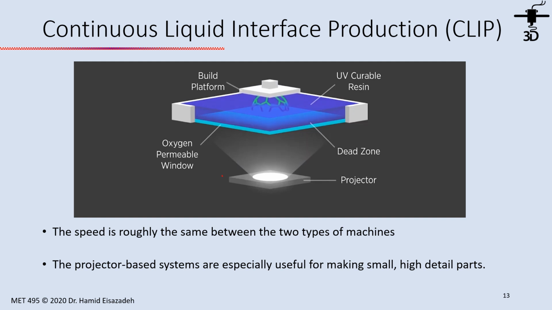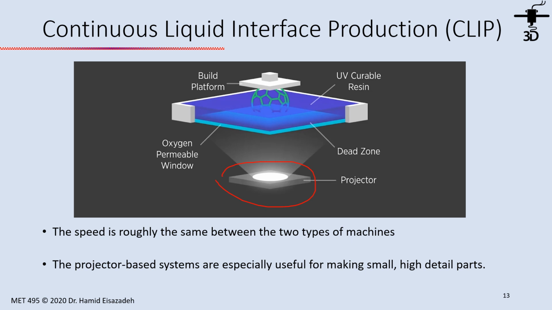Here is the projector, as you see in this picture. It works like a movie projector, or like an office projector, where you have a system which projects an image of a cross section of the part,